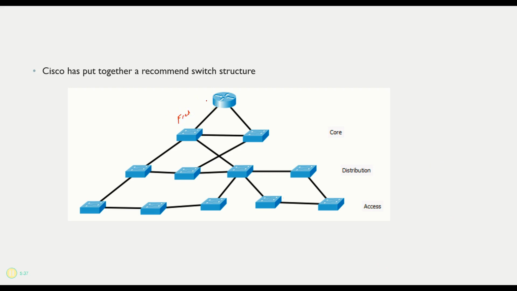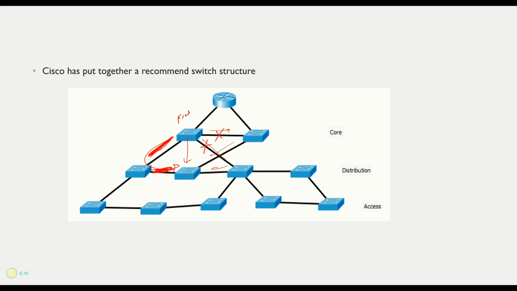Fred has various ways to get to any given point. Fred could get, say, to this switch down here. It could get here this way, like this. It could get here this way, and it could get here this way. It's got three different ways that it could get from this switch down to this switch. So what we do is we block some of these, and we only allow one way, the fastest way, to get there. So that now this becomes the way that Fred uses to get to that switch.